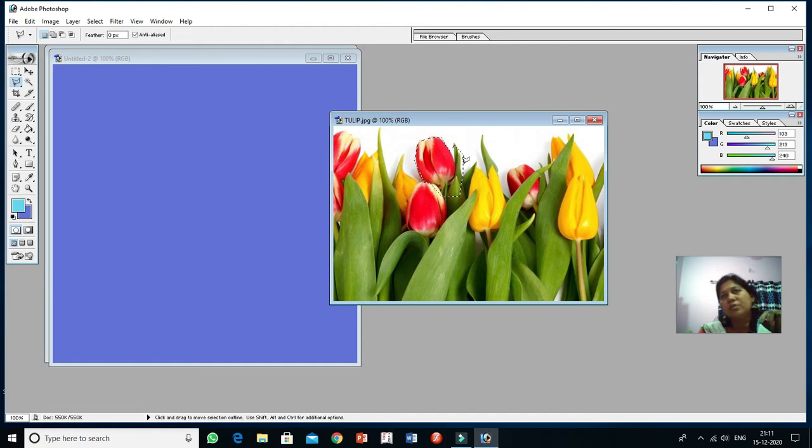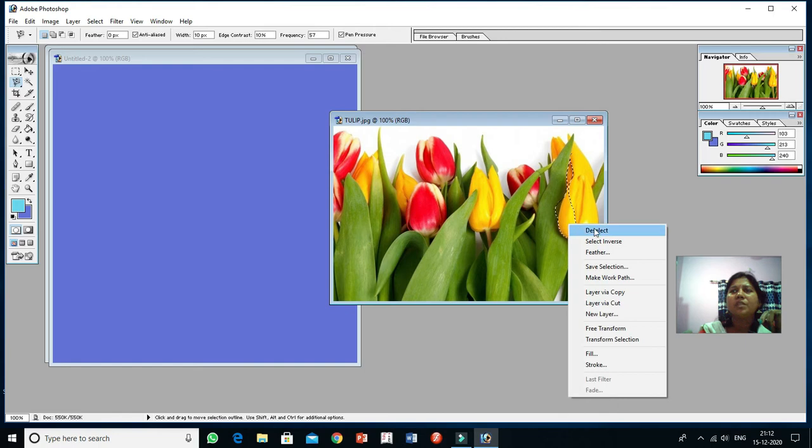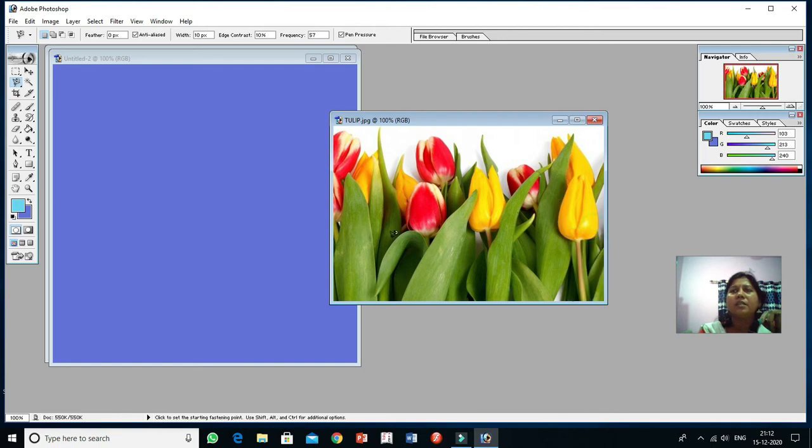Okay, this one is selected. Now for deselection, right click, deselect. Then the last one is your magnetic lasso. Simply click, then move the mouse, no click, and it automatically highlights. If you want to deselect, right click, deselect.